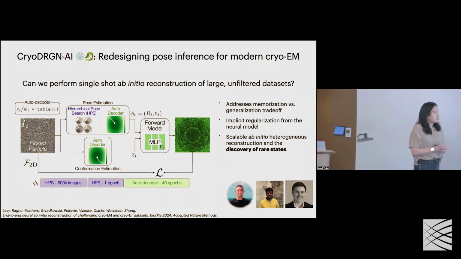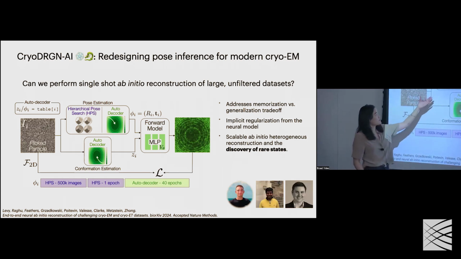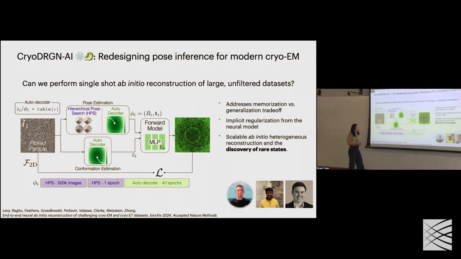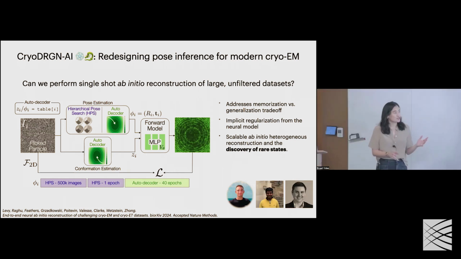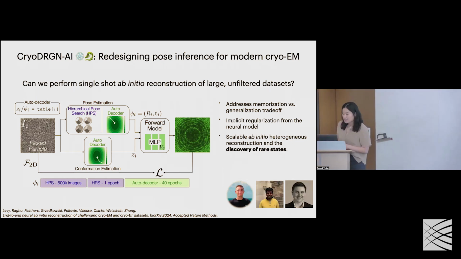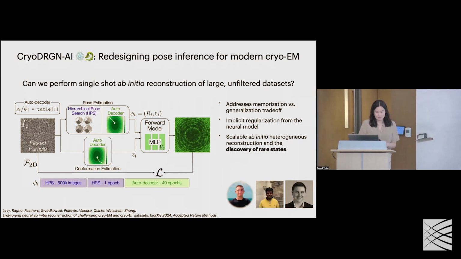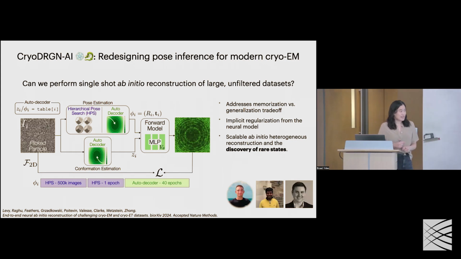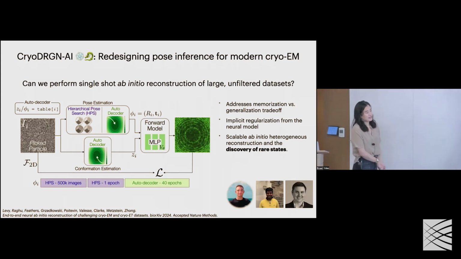I won't go into detail, but we switch off between this hierarchical pose search and an autodecoder framework. We address the trade-offs between memorization of the input images versus generalization. There is regularization from the neural model, and we've been able to show the discovery of rare states from very large cryo data sets. And this is driven by Axel, Rish, and